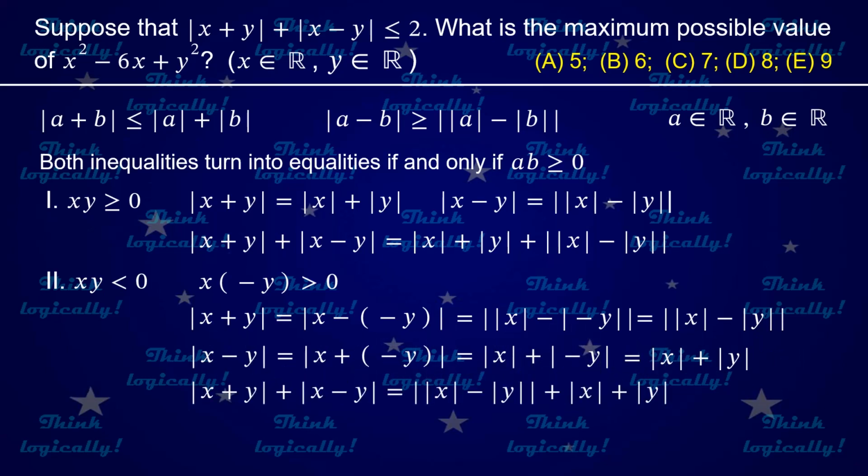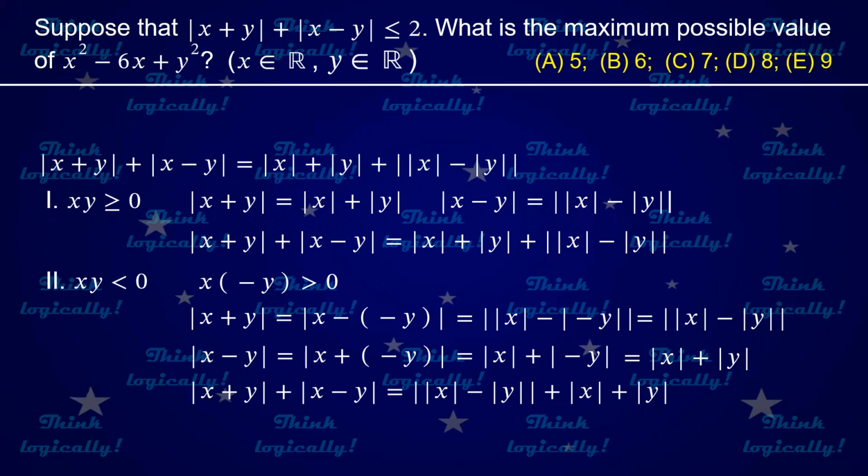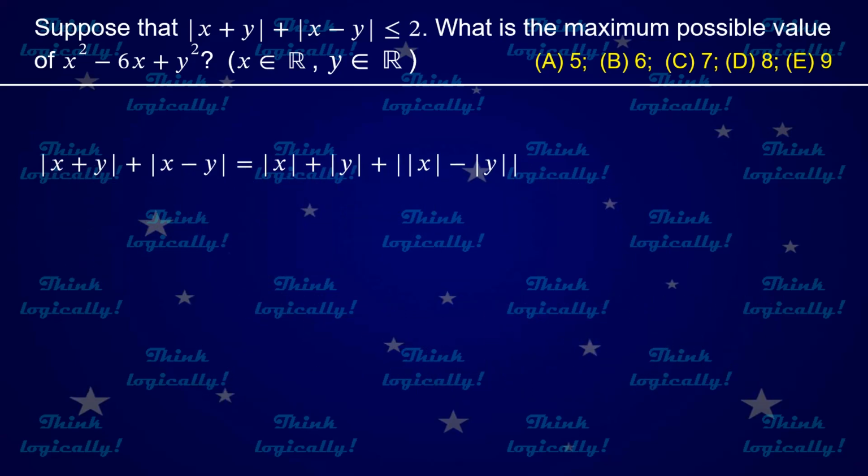Again, we add up the equalities, and surprise! We get exactly the same expression as for case 1. So we can write one equality to suit both cases. However, does it really help solving the problem, given that the right-hand side looks even more complex than the left-hand side? What do you think about that?